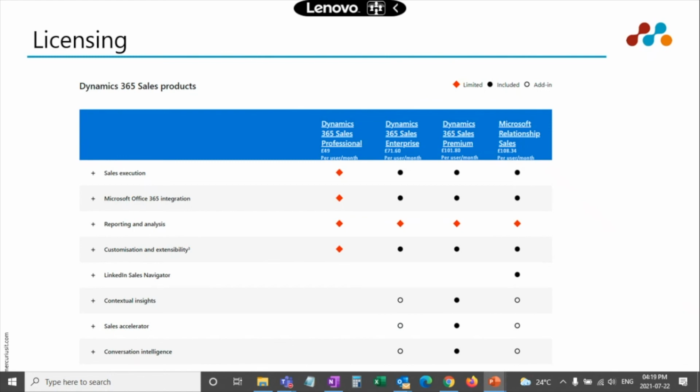Sales enterprise is £71.60 per user per month, sales premium is £101.80, and relationship sales is £108.34. So there are multiple things in this licensing. Whenever we need to buy a license for any of the features of the sales module, we need to look into what exactly features you want. Based on those features, the license type will be decided.